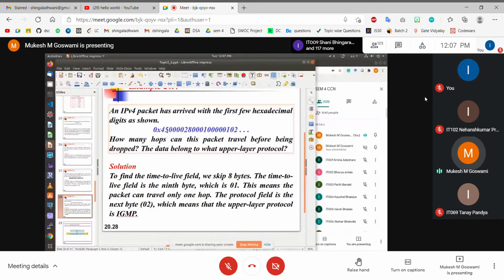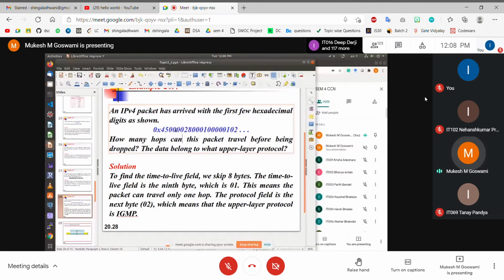Okay. After the header length and the version field, we have the next 8 bits, which represent the type of service. The type of service desired here is 00, and we already know 00 indicates a normal service, so we are not having any specialized requirement. So we are going with a normal service. Therefore, the type of service field is equal to 00. That is the next 8 bits.